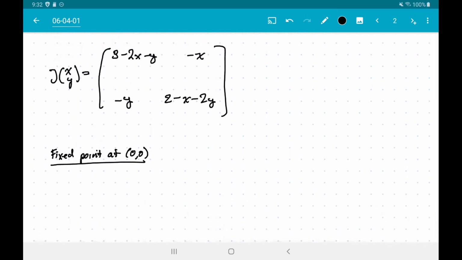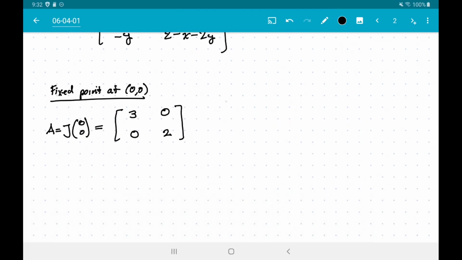Okay, so let's look at j of 0, 0. We'll fill in and get 3 here. We'll get 0 there. We'll get 0 here, and we'll get 2 here. This is a really nice situation